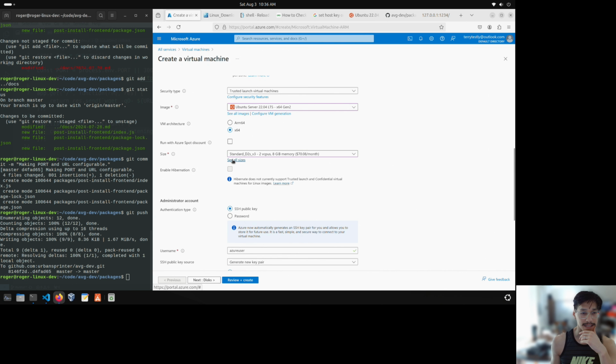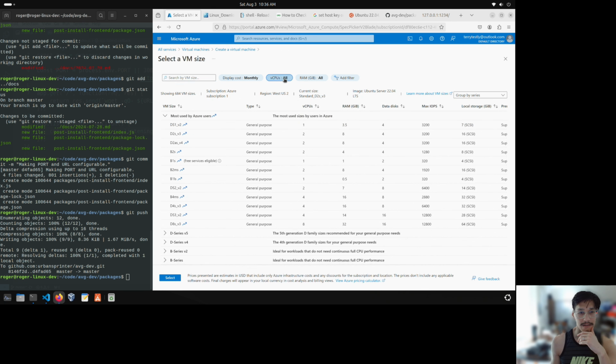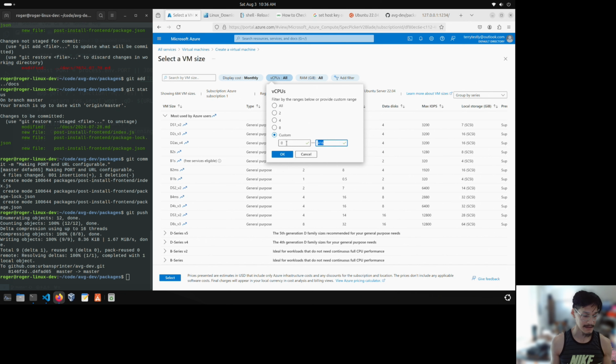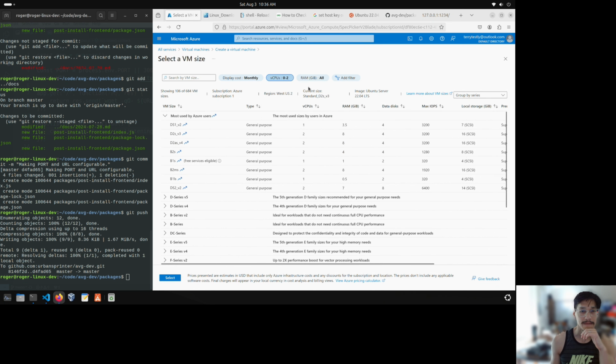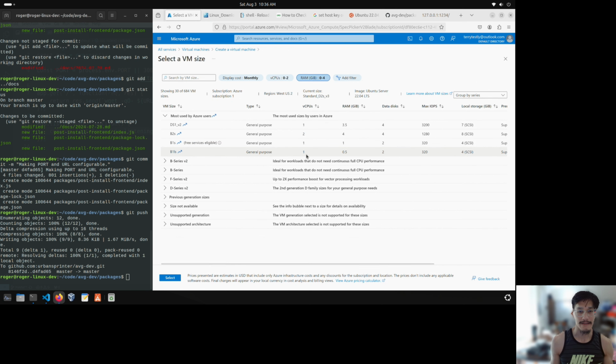Yeah, see all sizes here. And then how do I usually do this? I think I usually just do vCPUs like 1. Is there 1? Let's do 0 to 2. And then for RAM, let's do from 0 to 4, right? And we'll have one that's like 1 vCPU and like 1 gig of RAM. It's really slow, but